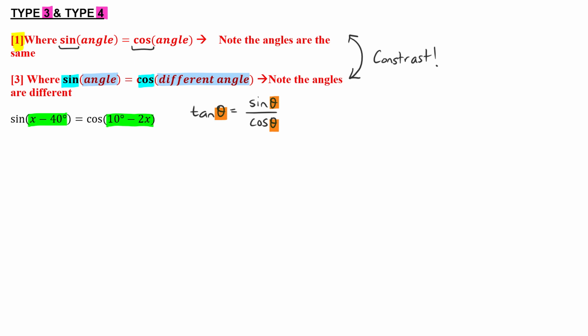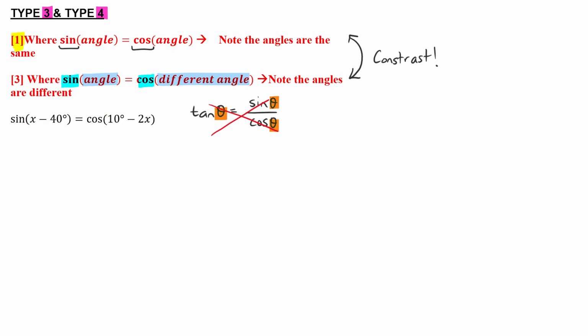Whereas in this case, you can see that this angle over here and this angle over here are very different. So we are unable to use this identity, which means we have to use other techniques in order to get the answer right. And the technique that we will use in this type of question